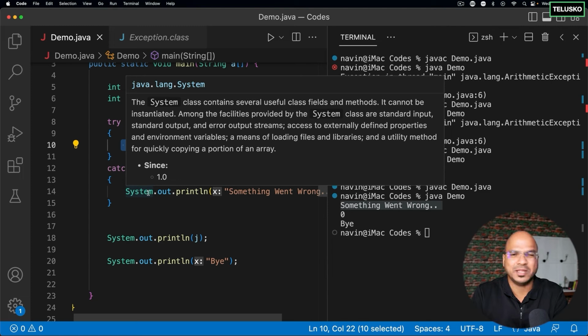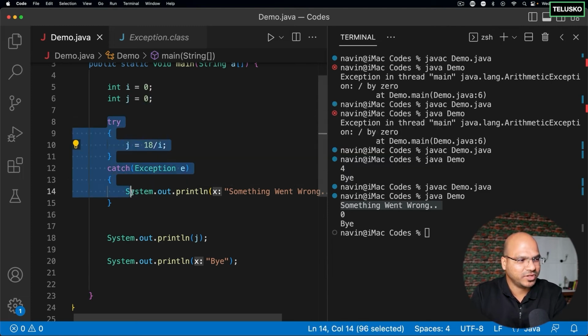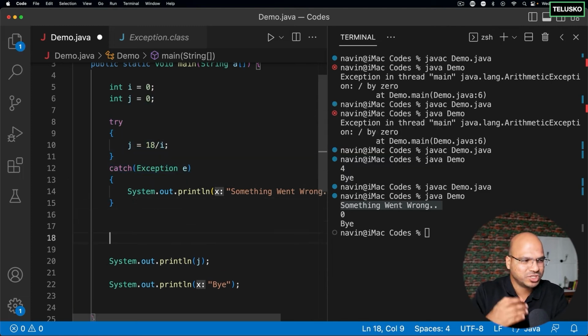And you can write multiple try blocks. So one, we have it here. What if we have some few more statements here? You can try catch that as well. That works. So I hope you got the idea what is try.